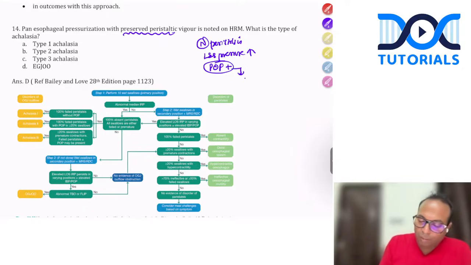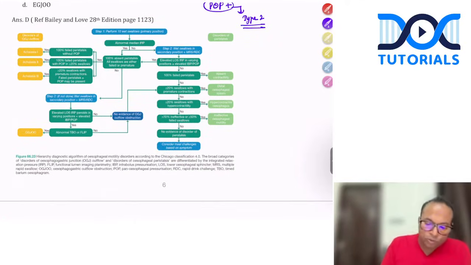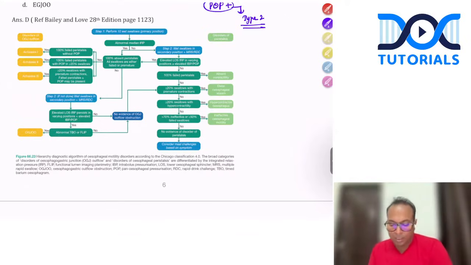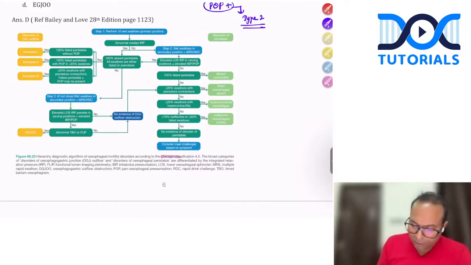POP is more common in type 2, but that doesn't mean the answer is type 2 here, because here the preserved peristalsis is the point. This flowchart from Chicago classification, latest version 4.0, gives the answer. This is from Bailey and Love. Chicago version 4.0 says